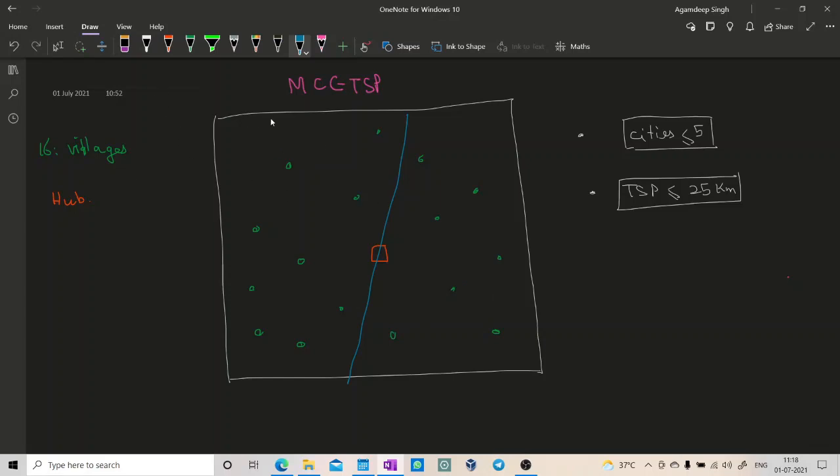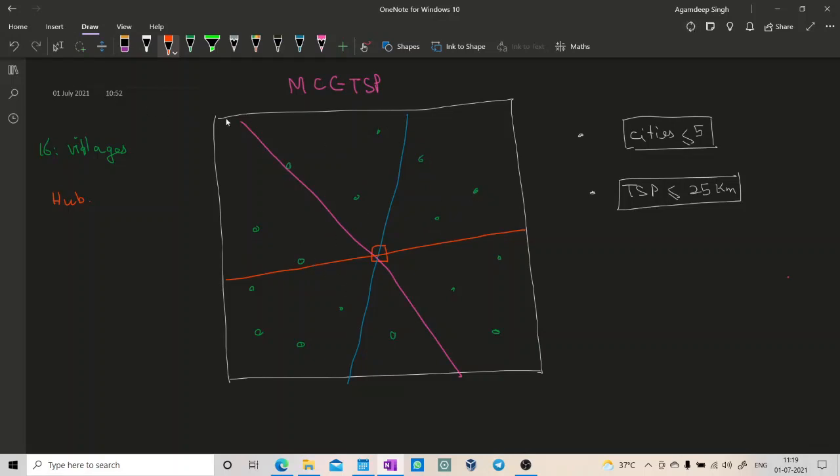Right, now I draw another line. All these lines pass through the hub. So now the point division is 9 on one side and 7 on the other again. So let's try a third one. Let's go with orange. So here we have 1 2 3 4 5 6 7 8 on one side and 1 2 3 4 5 6 7 8 on the other: 8 and 8 on each side.